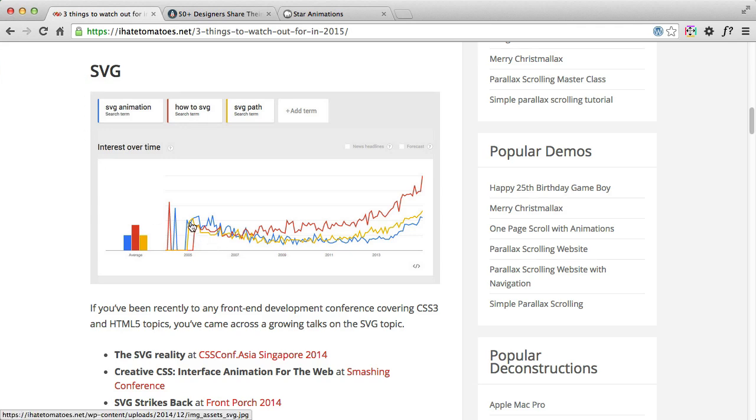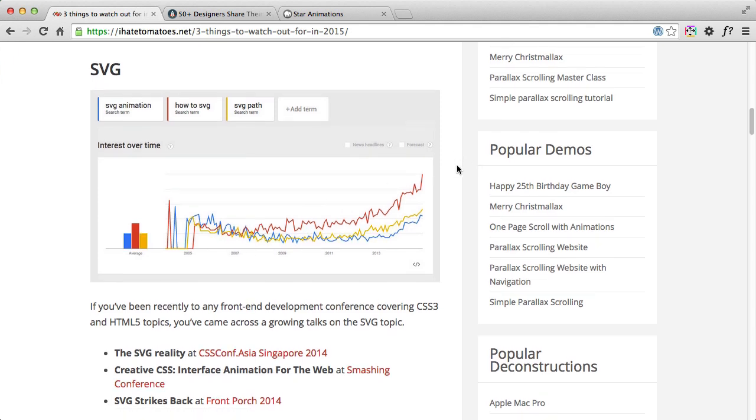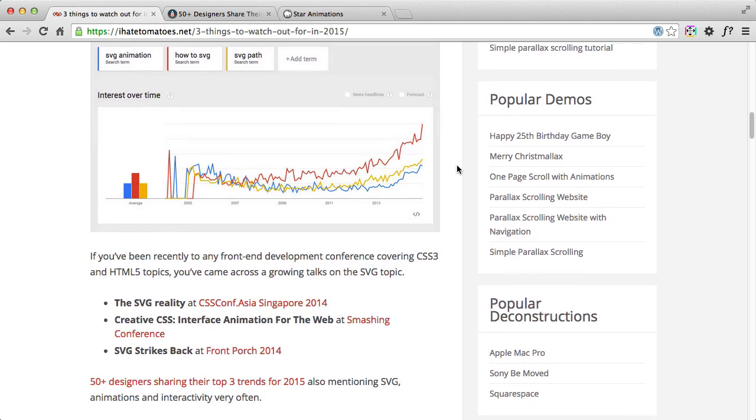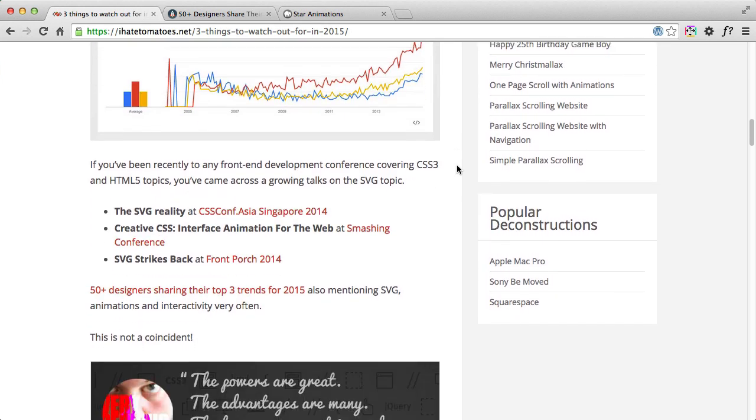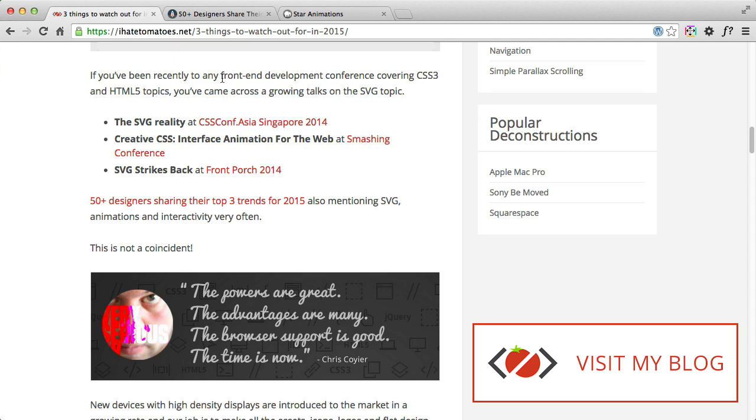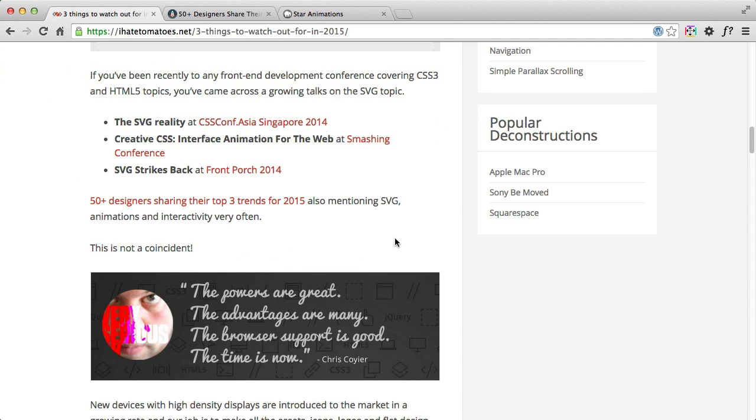As you can see, the terms SVG animations, how to SVG or SVG path have been going through the roof on Google Trends, which is another indication of why it's becoming a very good skill to have. Also, if you've been to any CSS conferences, there is a rising number of presentations on this topic, like SVG Reality, Creative CSS Interface Animation for the Web, and SVG Strikes Back at the Front Porch 2014, and also in the article